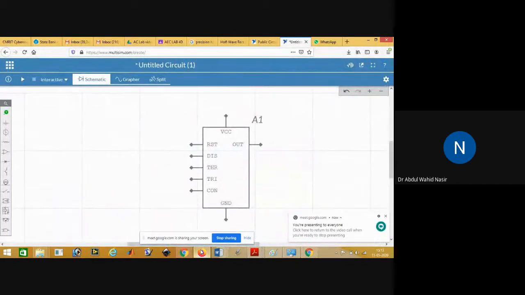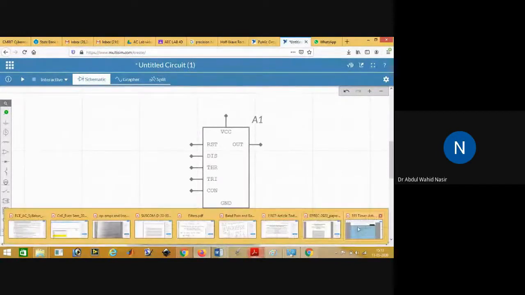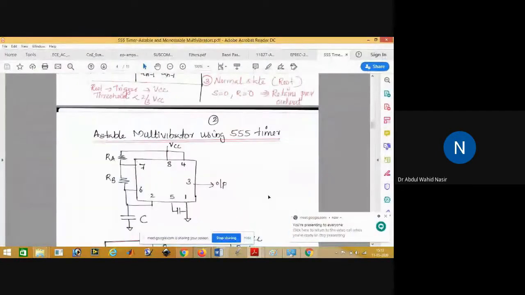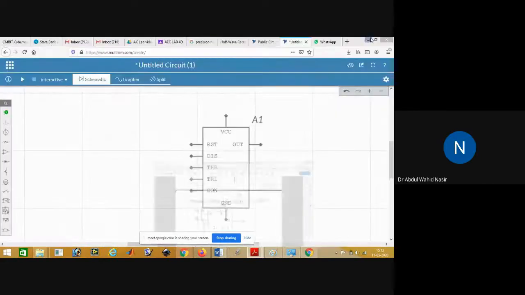So first thing is that now we need resistors RA and RB. So from where will you get the resistors RA and RB? What are the main external components that we require? If you see the circuit diagram here, the main external components other than the 555 timer are two resistors, RA and RB, and two capacitors, the discharging capacitor C and another capacitor. So two capacitors and two resistors here.